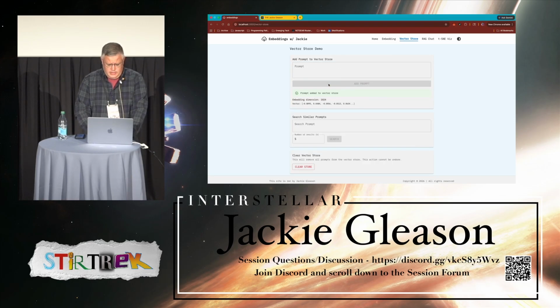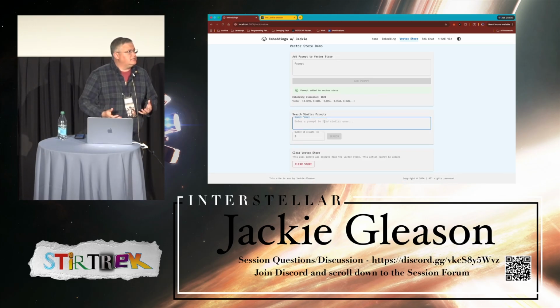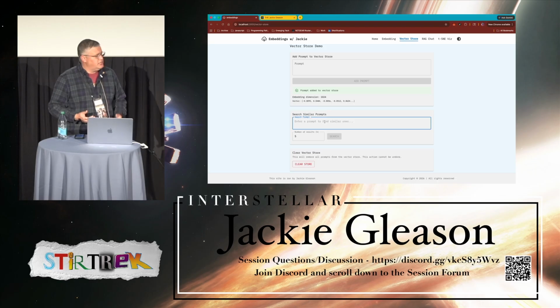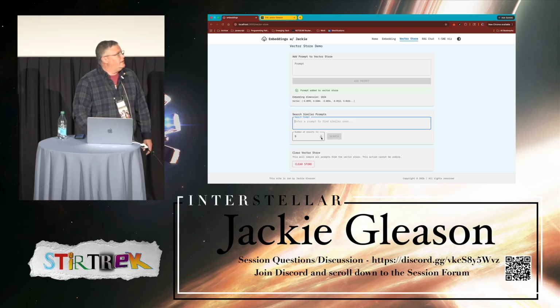Right? And then what you can do is you can search. And typically when you search a RAG database or any kind of similarity search, you provide the number of results that you want back. This is because it's going to give you n number of results that are as close to what you put in there as possible. So in this case, we'll go ahead and just do one. And we can say,